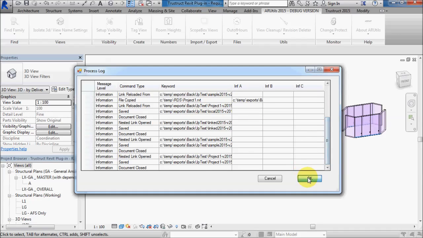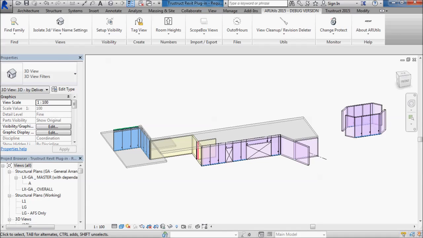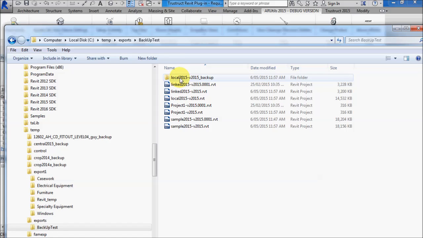So we'll just go OK, and if we go to the folder, you'll see now that our main file, which was sample 2015, has in fact been updated. There's even a backup copy of it there that could be removed automatically by including that delete